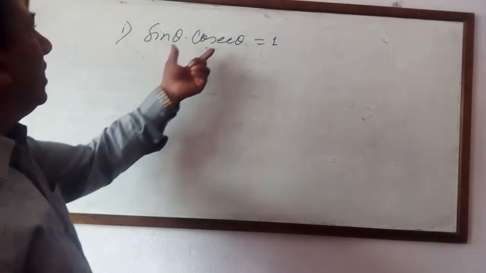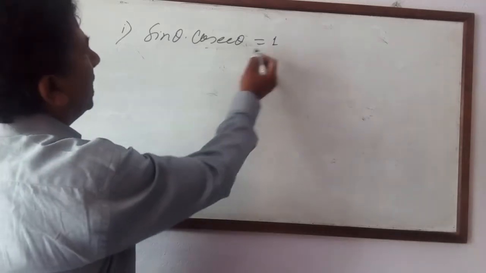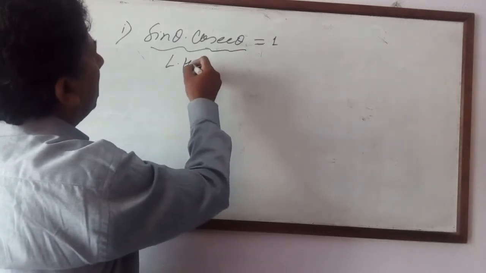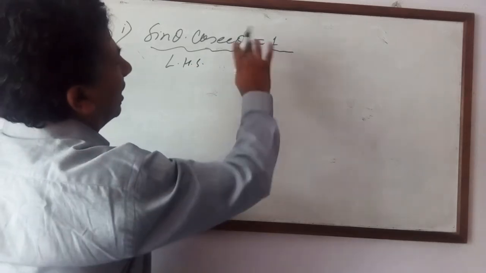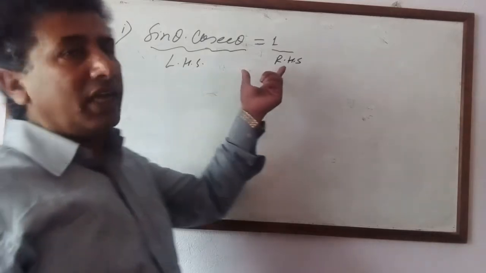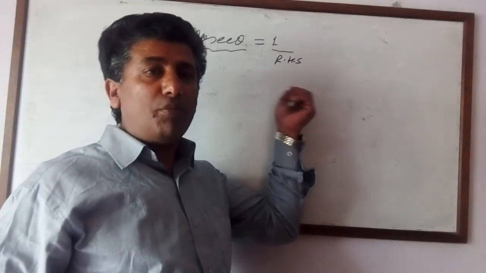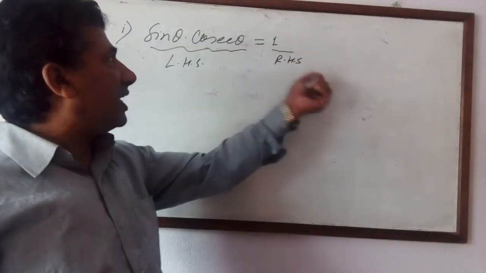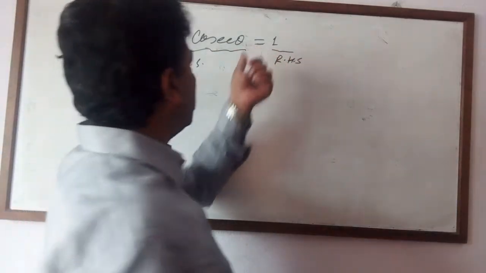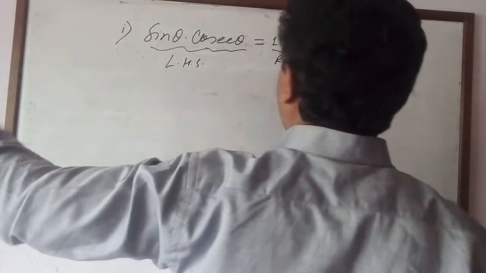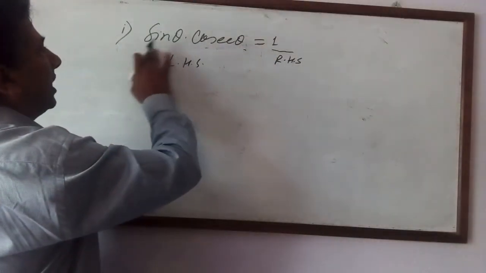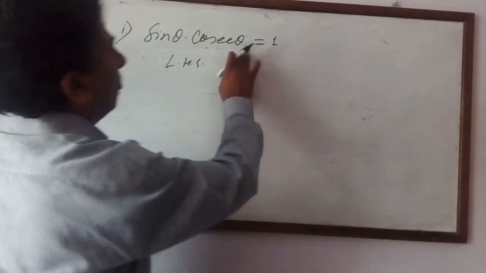In this part, this side of the equal sign you have to call the left hand side, and that side is called the right hand side. First of all you have to understand, in trigonometry we divide it into 2 parts, left hand side and right hand side. This side is the left hand side, that side is the right hand side. When we stand like this, this side will be the right hand side and this side the left hand side. Now how to prove this?